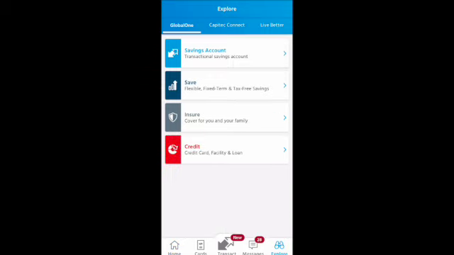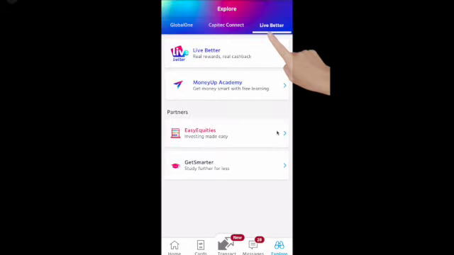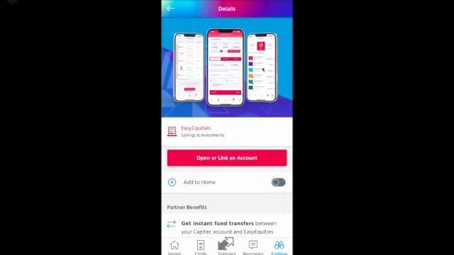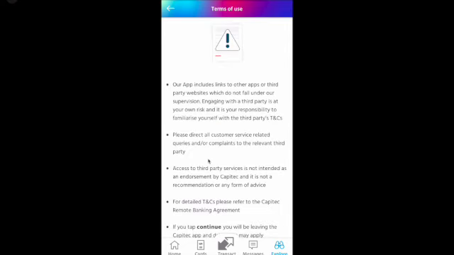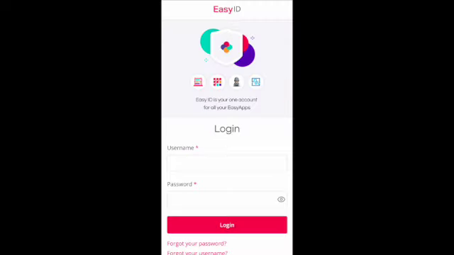Open your app and click explore and click live better. At the top you will see this widget. So when you click here, it will link to your bank account. That way every time you want to buy, you won't need to struggle. So you can just click open or link an account, meaning you're linking your Capitec account so that you can just transfer, accept the terms and conditions, and after accepting terms and conditions, it will take you to Equity, and